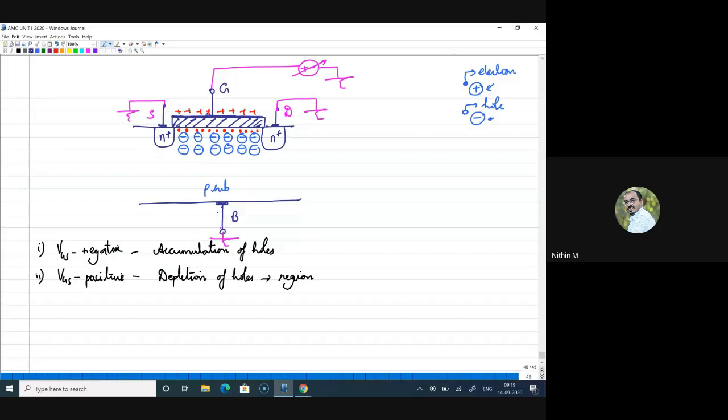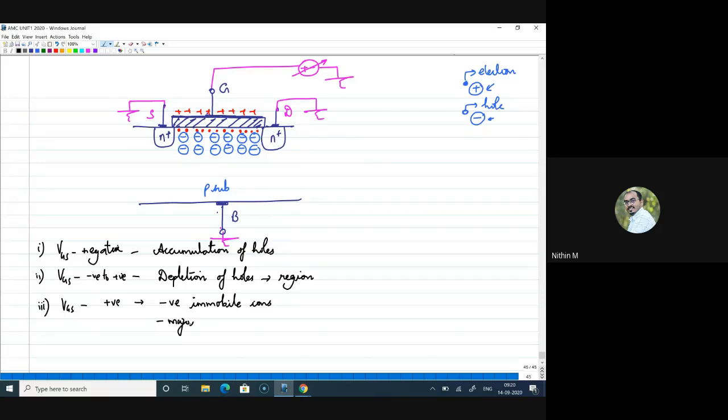So this is our third phase. When you change your VGS from negative to positive, and a slight positive voltage, depletion will happen. Now when you increase this VGS beyond some voltage, we will define what that voltage is. As of now I'll write this as a high positive voltage. What happens is there will be negative immobile ions in the region beneath the gate, but the positive charges will still attract majority carriers.